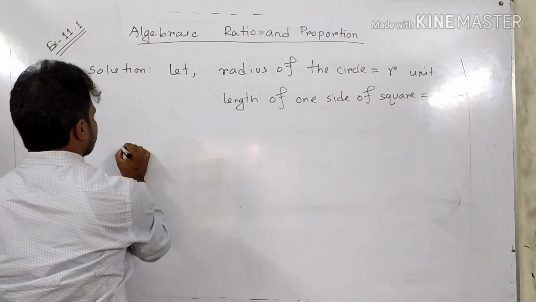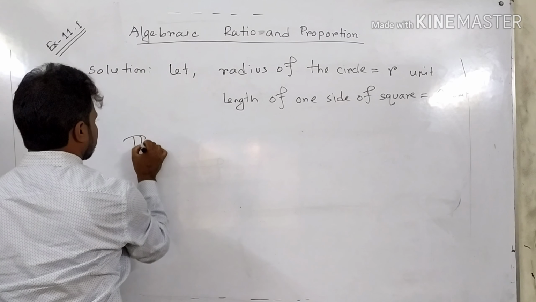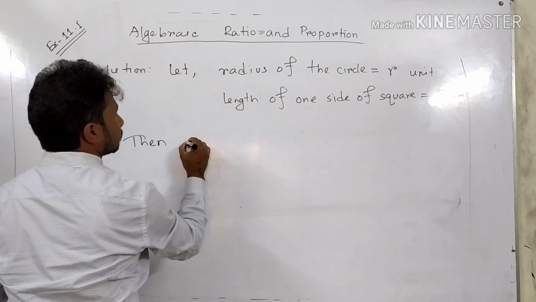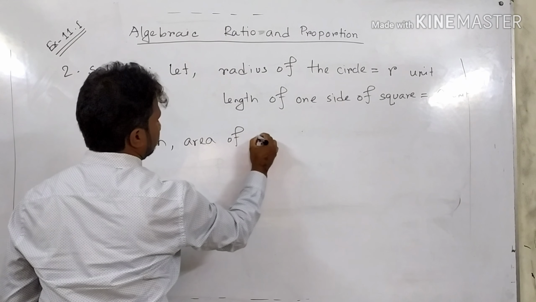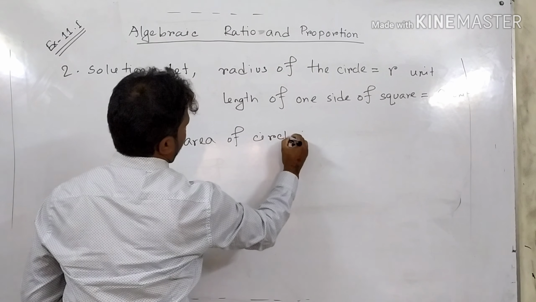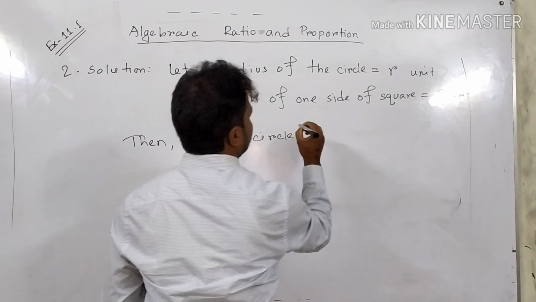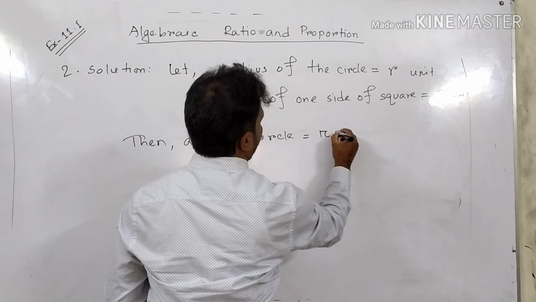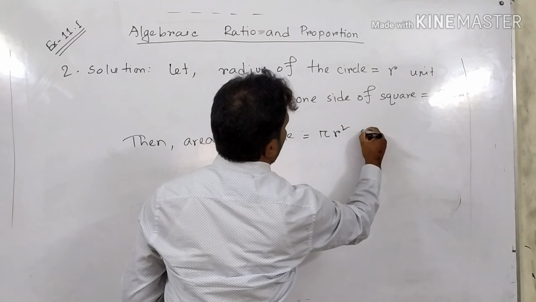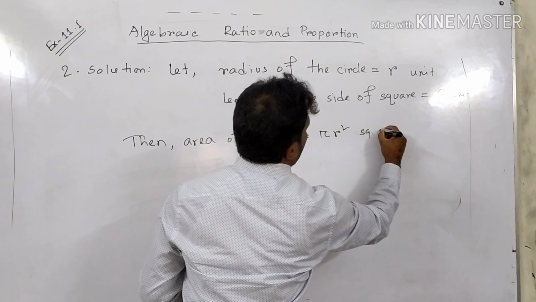Then area of circle equal to what? Pi r square unit